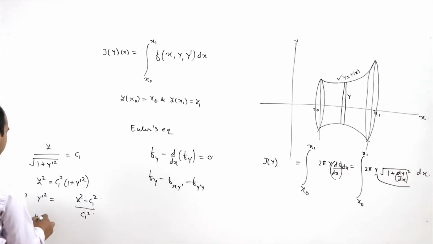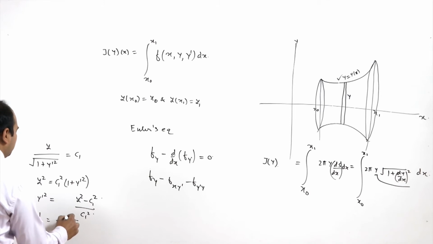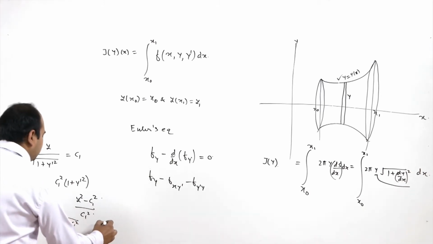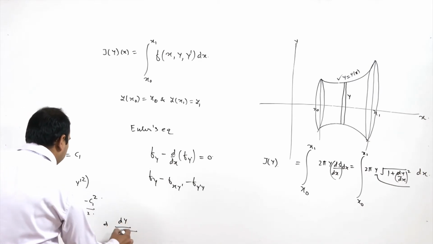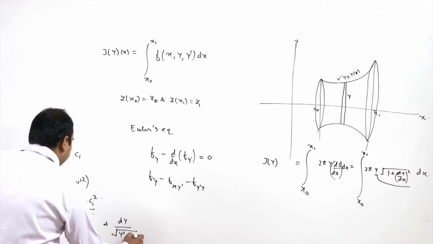So here y dash is equal to under root (y square minus C1 square) upon C1. So this is dy by under root (y square minus C1 square)